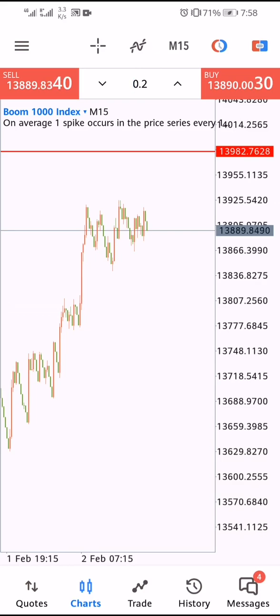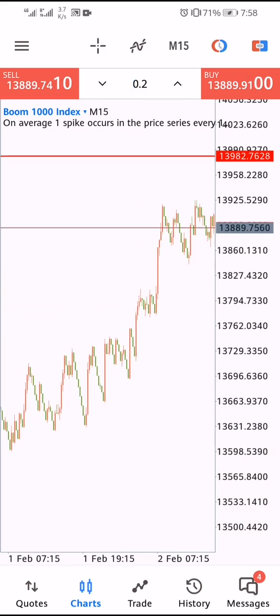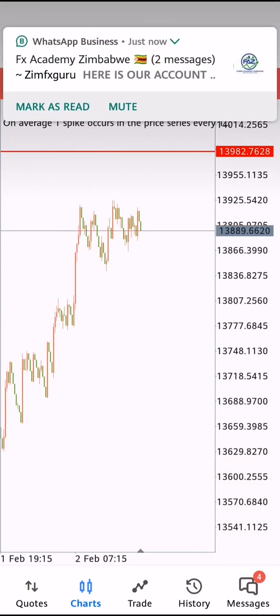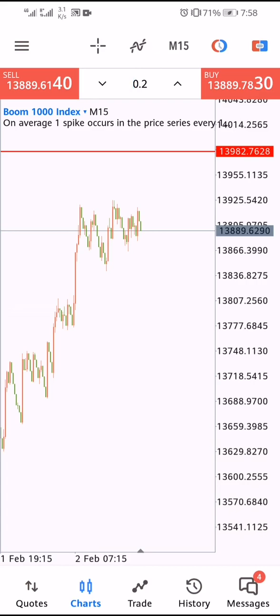For M1 time frame, of course, it's for catching spikes, no ticks there. And when you are trading on M15 time frame, you'll be either catching spikes or trading ticks, right? So first thing that I want to explain here is how you set up that strategy